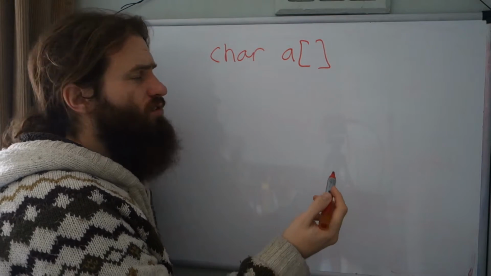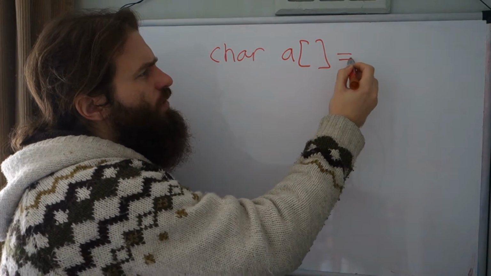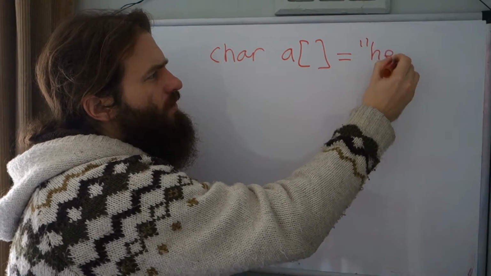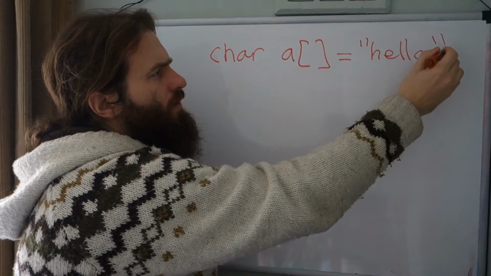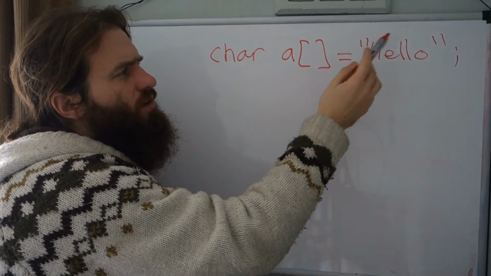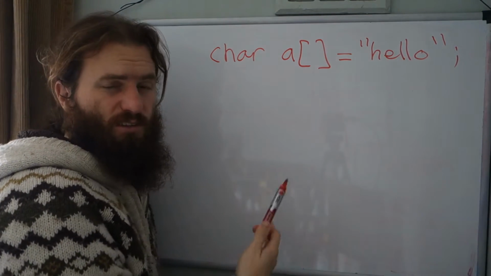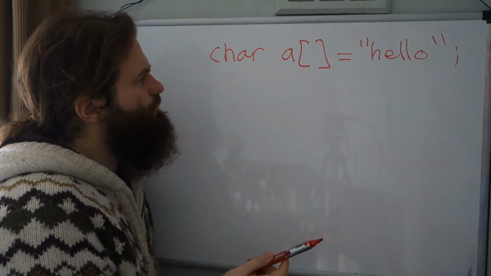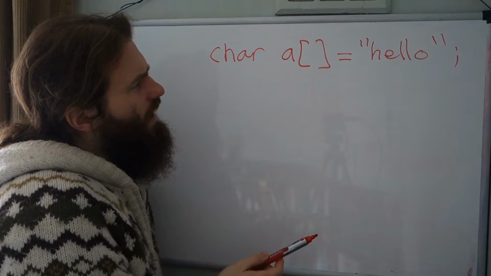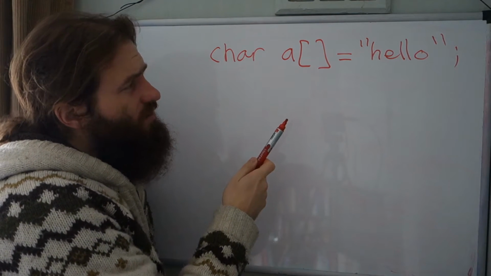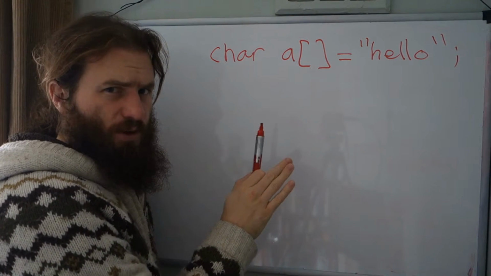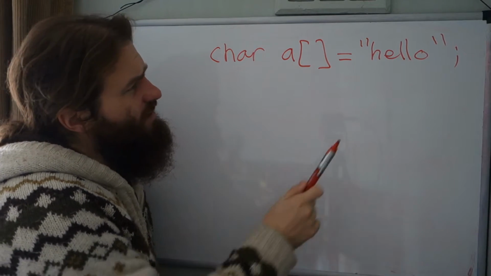Now with strings, you can do something special. We can do this. We use the double quotes to put the string inside, and most people are familiar with this double quoting of strings. And this does something special. So strings in C